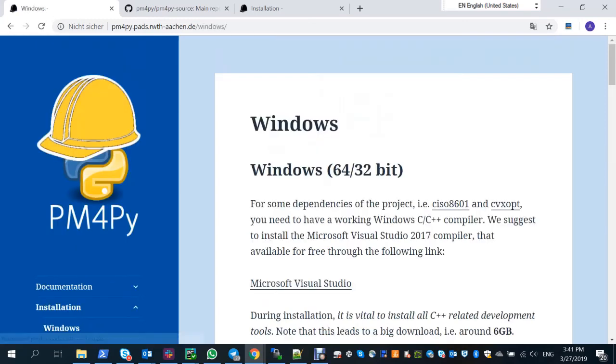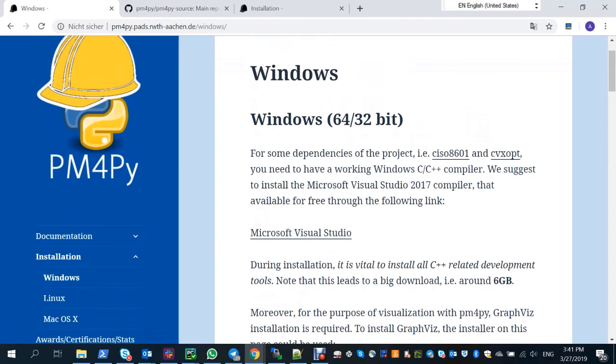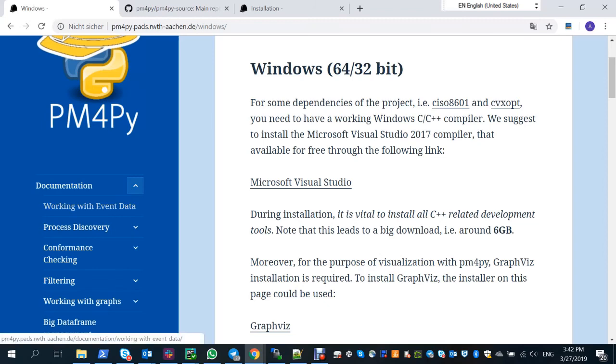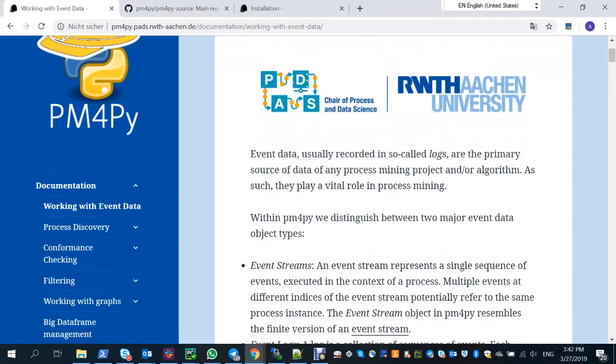If a user needs to install pm4py on a specific operating system, all he needs to do is to go to the specific page supporting its operating system and follow strictly the instructions that are here. The documentation part provides a large set of examples that the users could apply in order to understand how to use pm4py for their purposes, and is focused on providing support for process discovery,